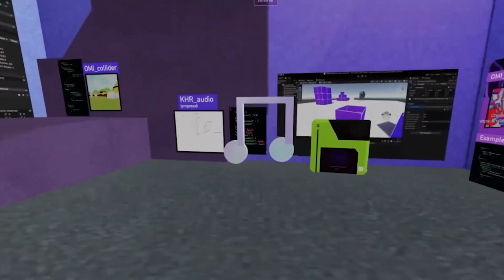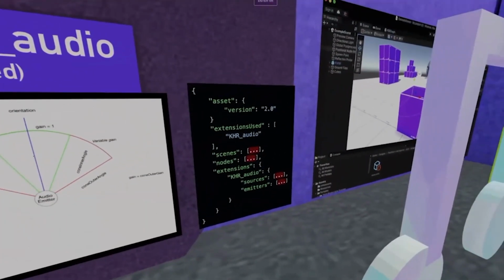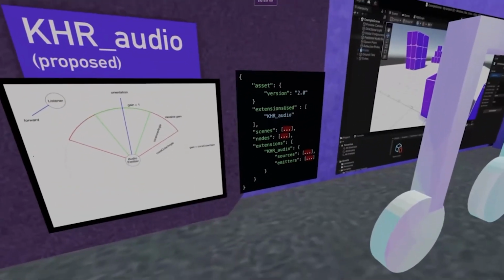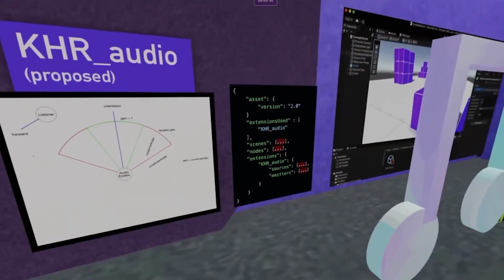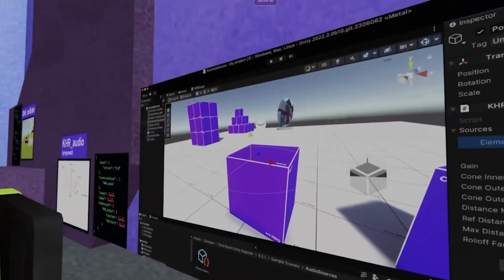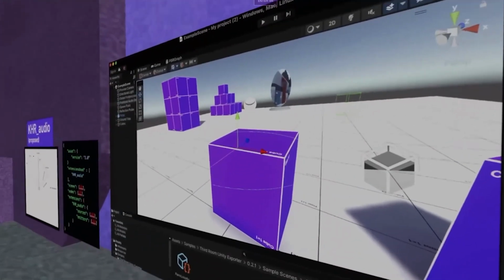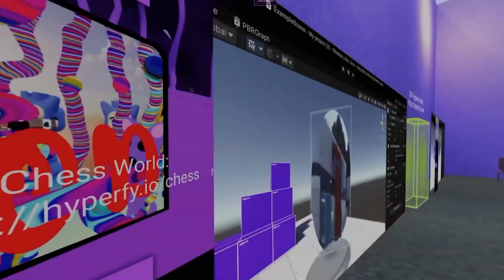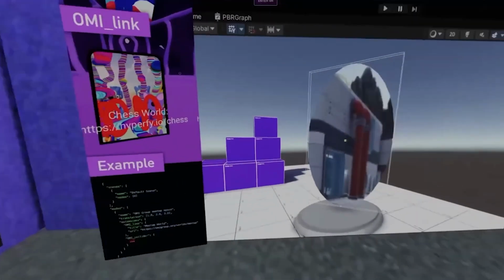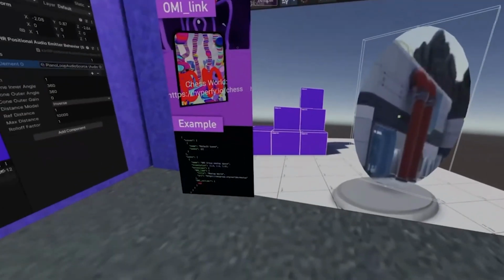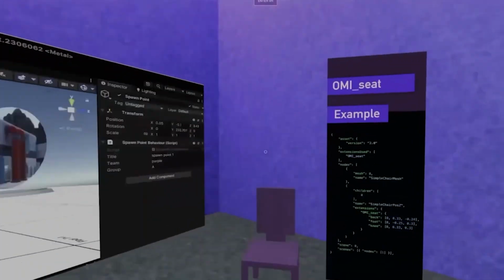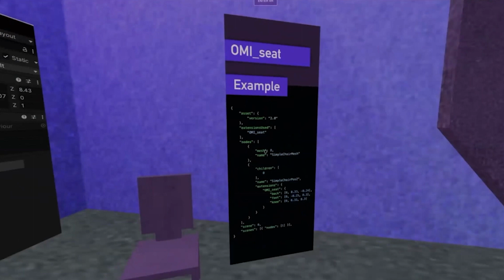And yeah, the position data can be deduced in a lot of cases. For instance, with the audio node, you'll notice that we don't have location data stored in here, because you would use the data of the node in the scene. So in this case, the scene has this object, that circle, at a point, and that point is at the position of -2, 0.8, -2. And the same goes for the OMI link. Yeah, so that's one other thing.